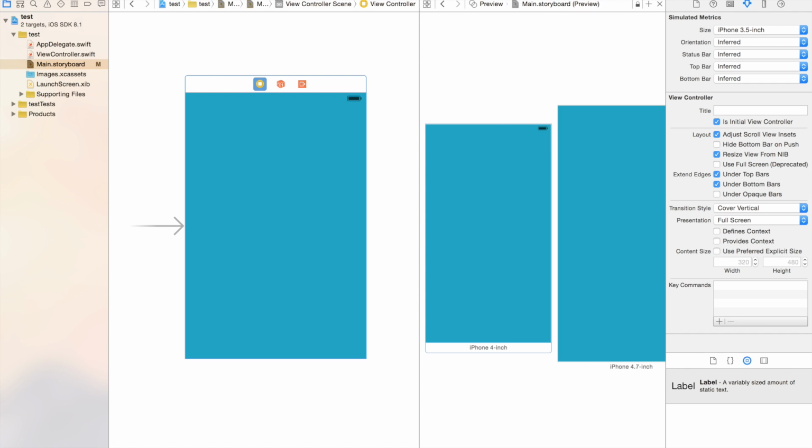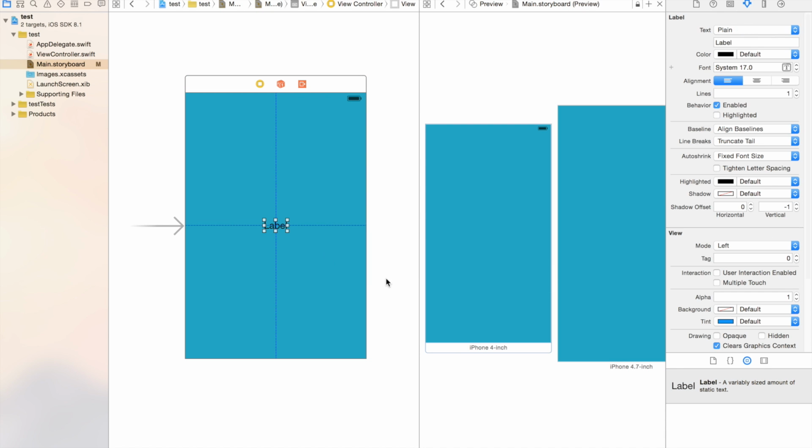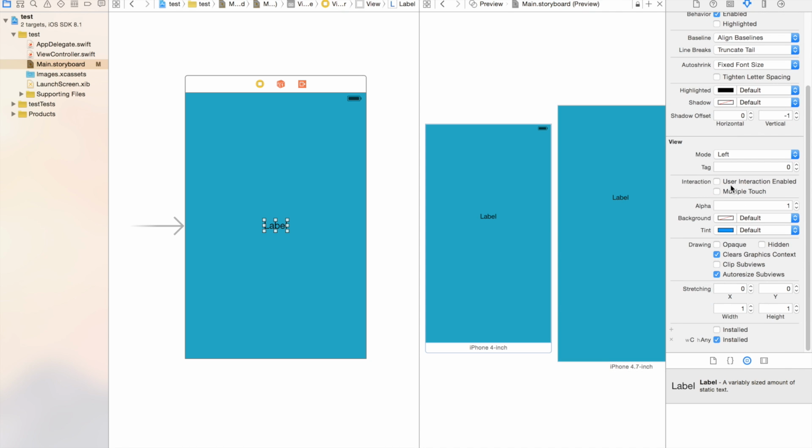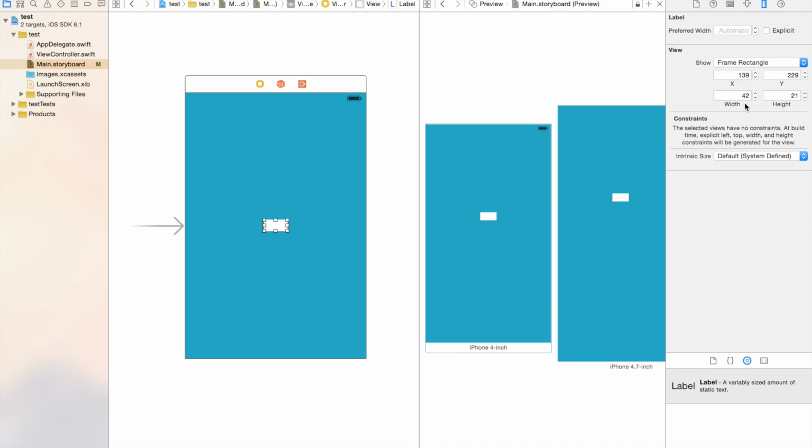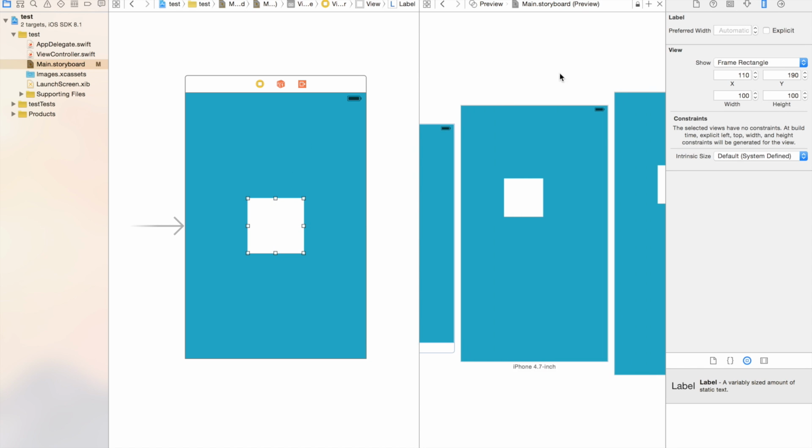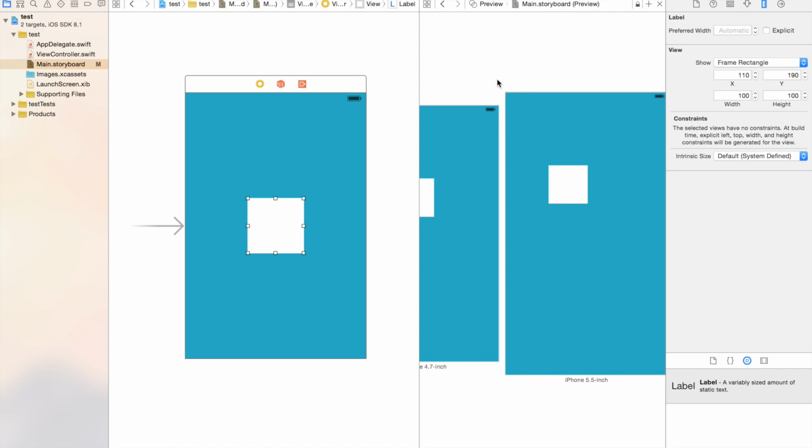So down here we have our align, our pin, and our resolve auto layout issues. So we're going to drag a label to the center. And we're going to make this a white box. So let's delete that text. Add our width, height, and let's drag this to the center. So we want to display this box right in the center to all